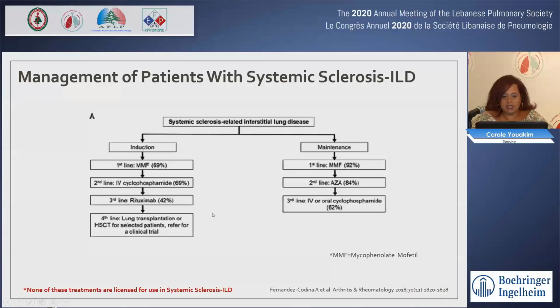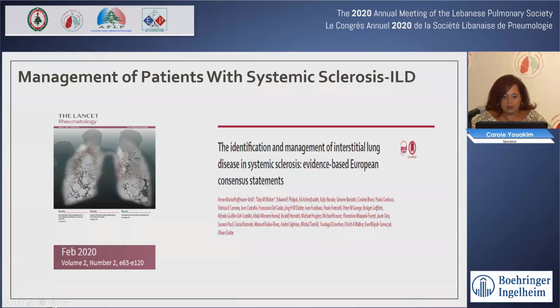So after the results of the SLS2 trial, mycophenolate was proposed as first-line treatment in patients with systemic sclerosis, ILD, followed by cyclophosphamide or rituximab as second or third-line treatment, and maintenance treatment with mycophenolate. Until early this year,